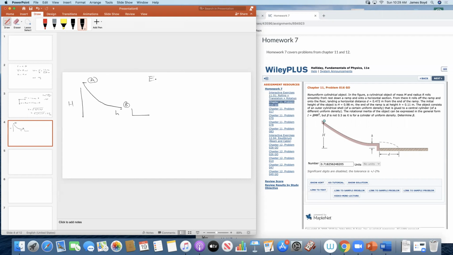So we write the energy at A has to be mgh_A plus m v_A squared over 2 plus I omega_A squared over 2. This is the potential energy of gravity, the translational kinetic energy, the rotational kinetic energy. And now at E_B, all we have to do is write the same thing,